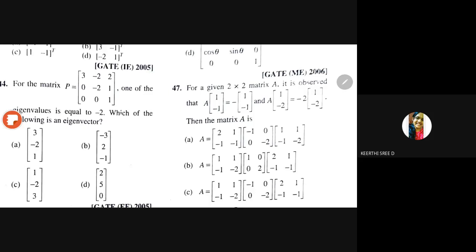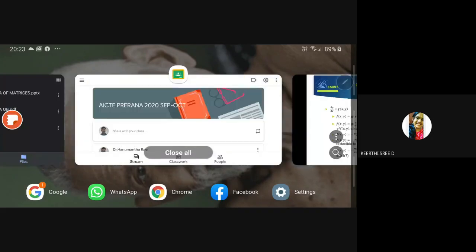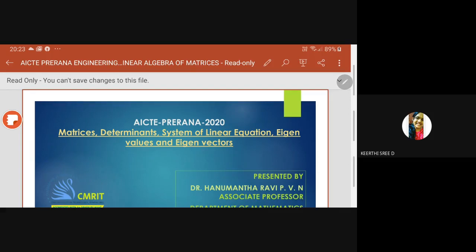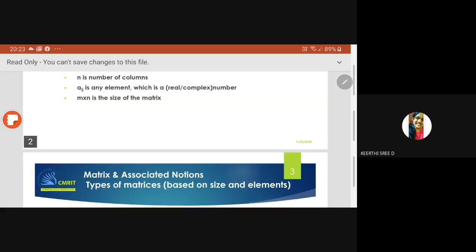Yeah, then the matrix is. So this also we have discussed. I think this is what we call diagonalization. I talked about diagonalization. Please see here. I updated that. Probably you might not have seen it in the folder. In the folder, this is linear algebra. I'm uploading the second PPT tomorrow, which is about differential equations. Now see, this is the first PPT. It has I think 22, 23 slides.